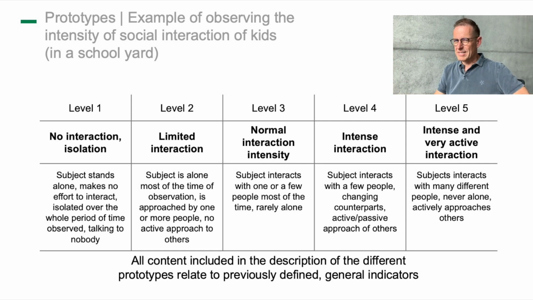Now when you observe kids, sometimes that will make your life easy. You just look at, okay, is that prototype 1, 2, 3, 4, 5? That helps to reduce the complexity. But be careful, really. These criteria must be clear in advance, but prototypes very often help. The same is, by the way, true with content analysis. So that you summarize things a little bit, especially with observation, when you sometimes have to make a judgment in a few seconds. It's very often easier to have this kind of